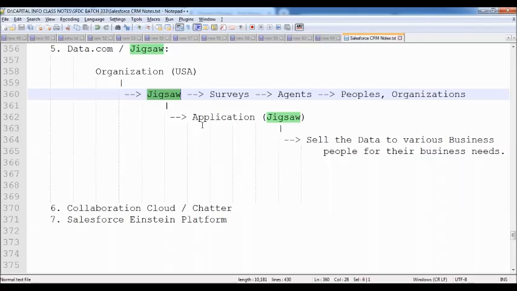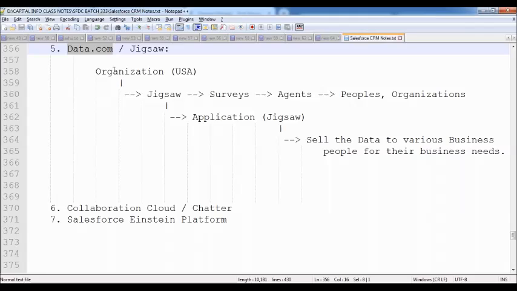So how can we buy this data? Almost 7 years back, Salesforce people acquired this Jigsaw organization, and from there they changed the name from Jigsaw to Data.com.